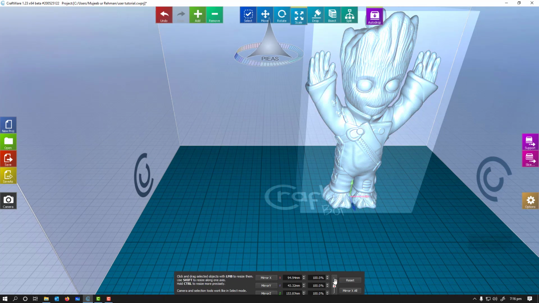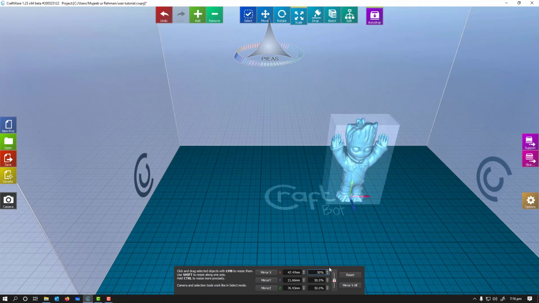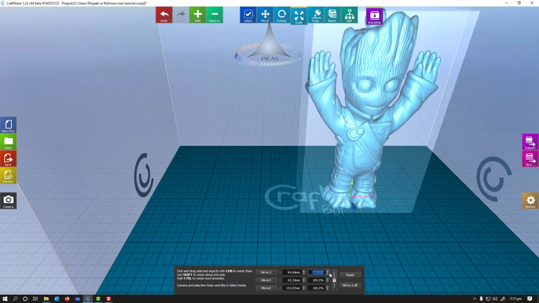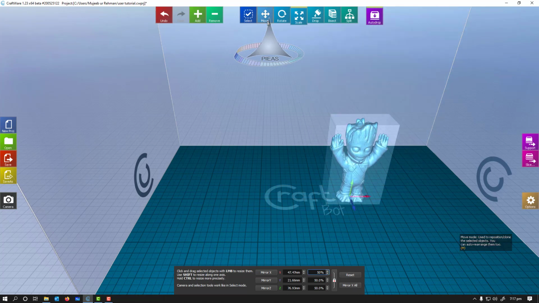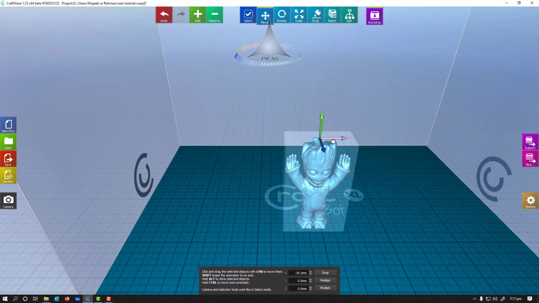I'm going to scale it first up to 50%, then go for other settings, because this is going out of the range of the bed. That is why it was not selecting it. So right now I'm scaling it, so I'm going to reset and then go for 50. Okay, then I'm going to drag or move it along the x-axis. So if you're going to print a very sleek and vertical part, you have to add